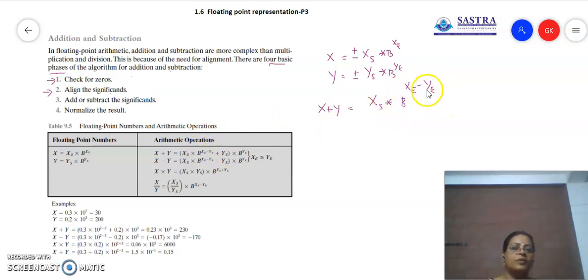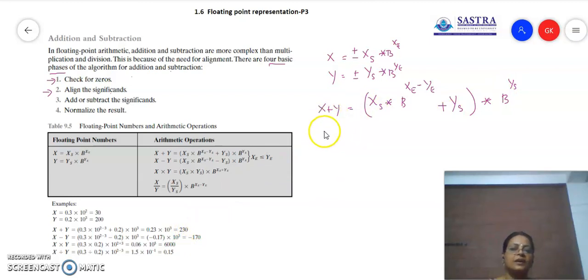Then after doing this, we are trying to make both the exponents equal. If the exponents are made equal, then for xs you can directly add the significand ys. This is going to be the new result, and for this new result, what will be the common exponent? We have made it equal. So if the first exponent is smaller, then the difference is attached here, and we make it equal. So we will take the final exponent as ys's exponent, so b raised to the power ye. I think if we work out an example, it will be made even clearer.